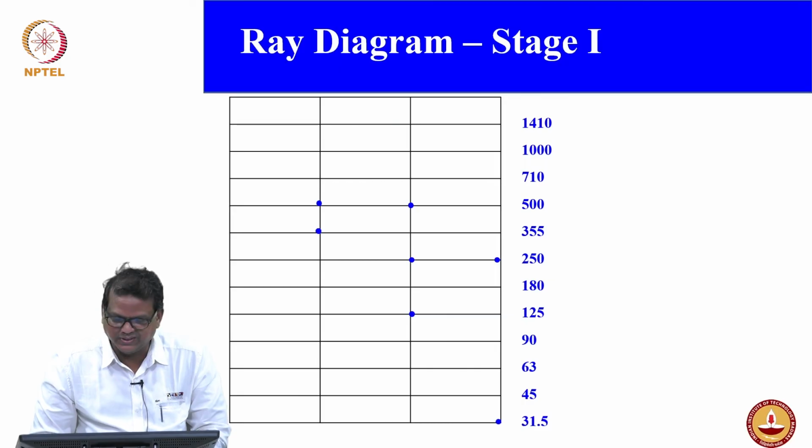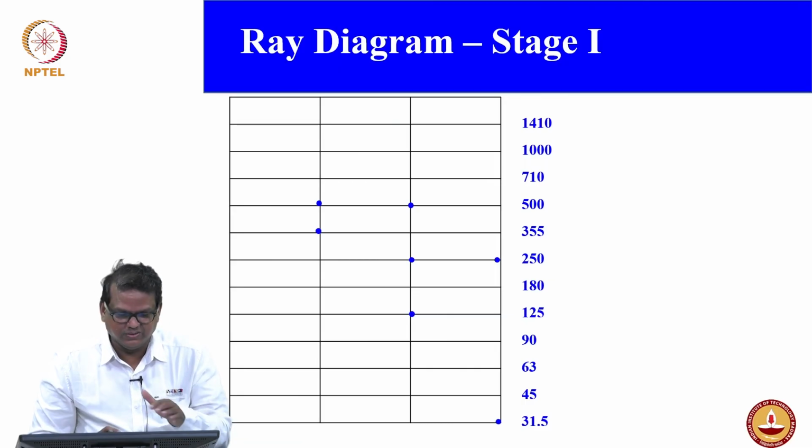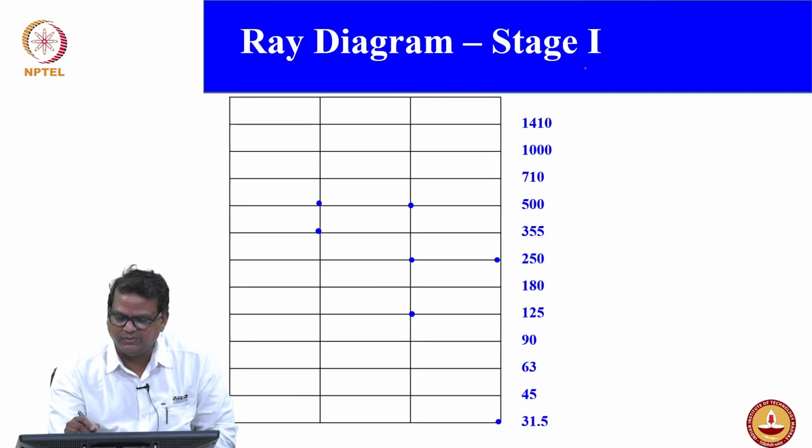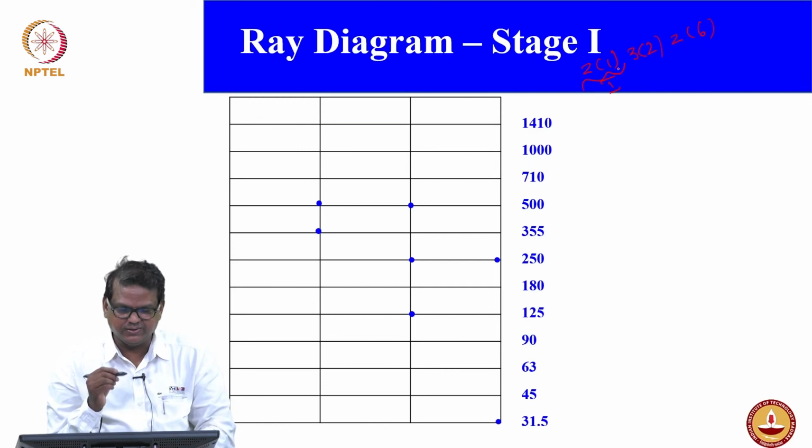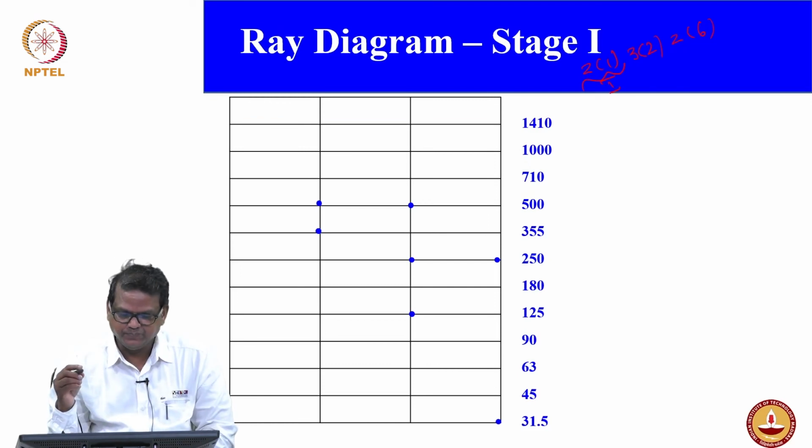That's what happened. Okay. So, now we know that. Now we move on to the stages: stage 1 is 2 of 1, stage 2 is 3 of 2, and stage 3 is 2 of 6. This is the one we are focusing on now. So, from this, if you observe carefully,